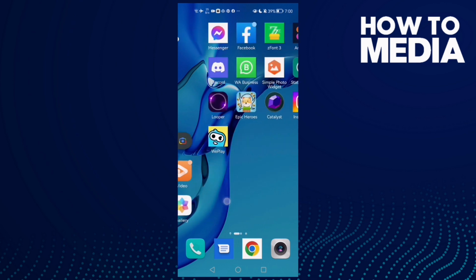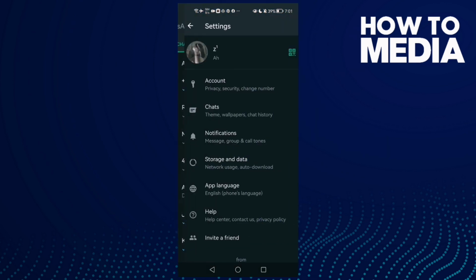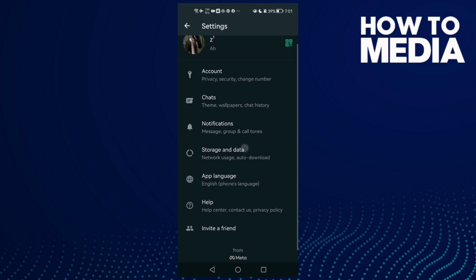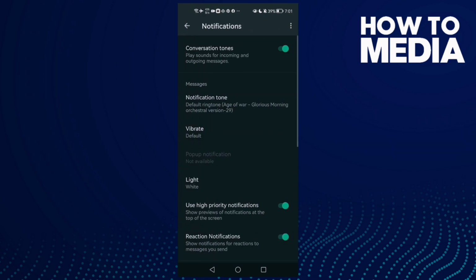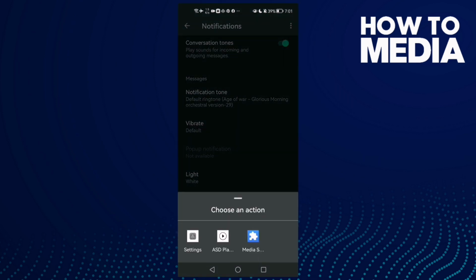First, go to WhatsApp and then click these 3 points here and click settings. Now just scroll down. Here you need to find notifications, click on it, and here we'll find messages. Now click notification tone and then click settings,